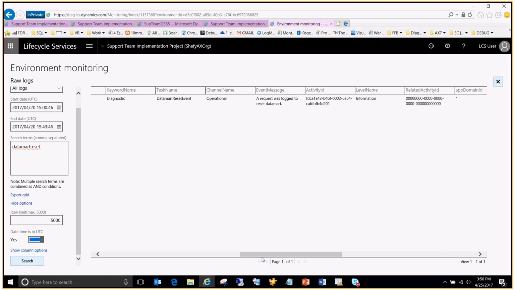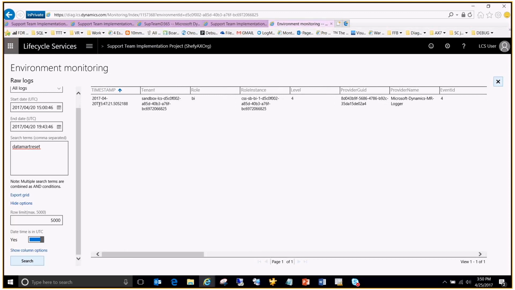So I know it started at 15:47. So if I wanted to get some more information about that specific datamart reset, again, I could use the data flow query that we looked at to tell when the GL transactions to fact integration map completed, or maybe I just posted 100,000 transactions and I want to know, have they integrated yet? So we can use a search term of MR scheduler tasks,